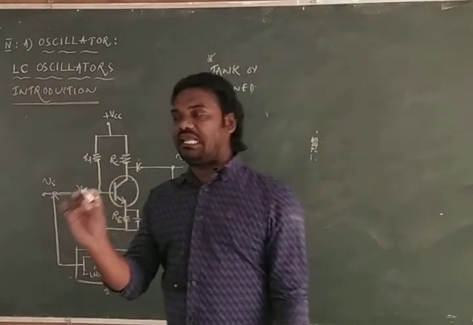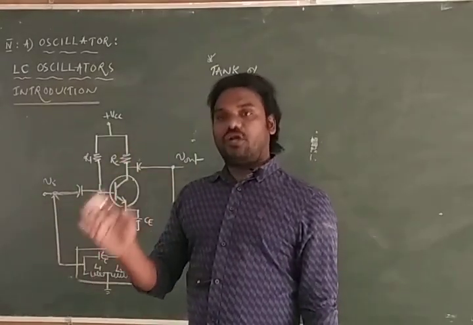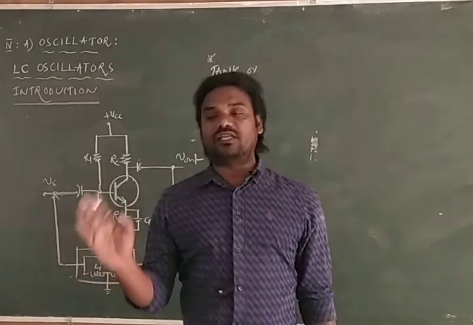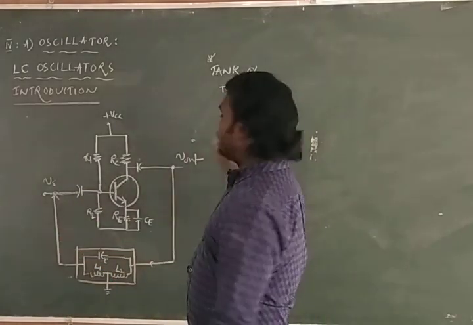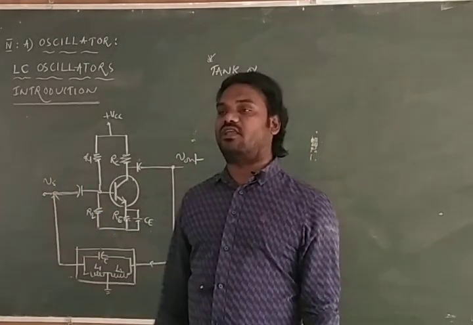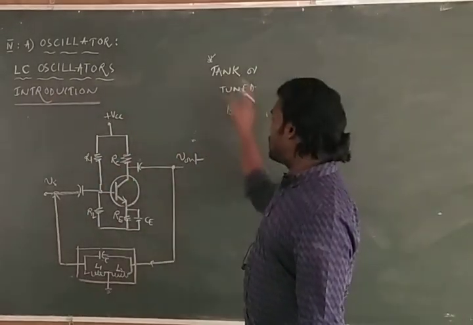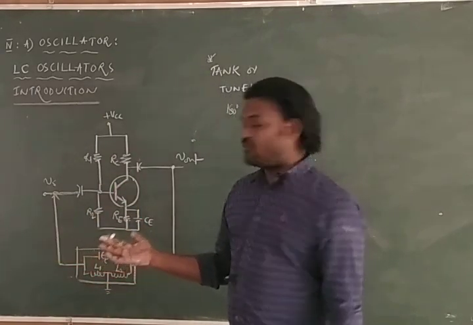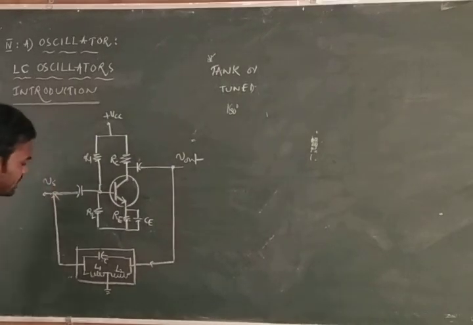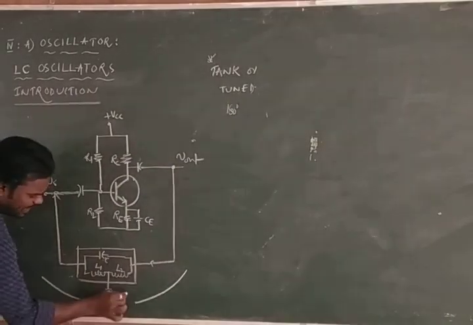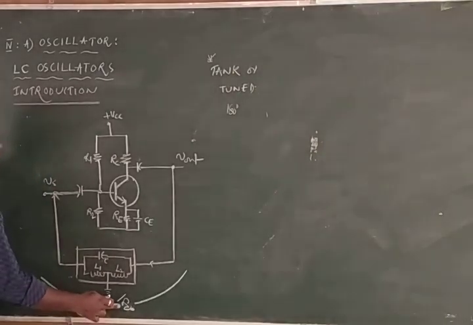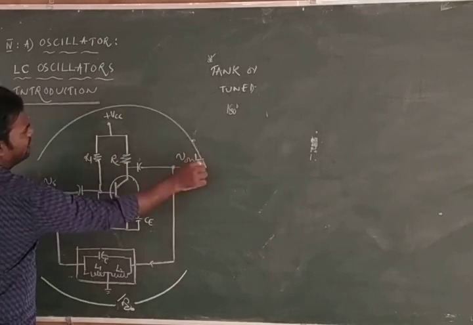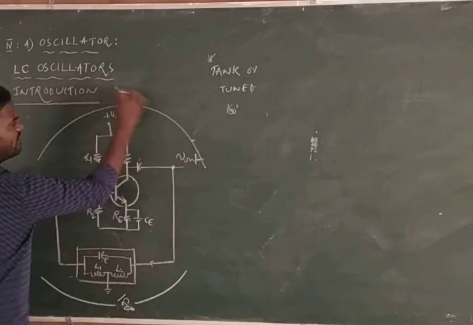The point is very clear that when the circuit is purely designed with inductors and capacitors, that circuit is named a tank circuit or tuned circuit. In an LC oscillator, this tuned circuit is employed to provide how much phase shift? 180 degrees. If it is providing 180 degrees, and the amplifier section is designed with which amplifier? It is a CE amplifier, so the CE amplifier is able to provide 180 degrees.